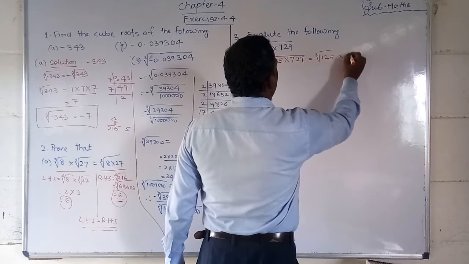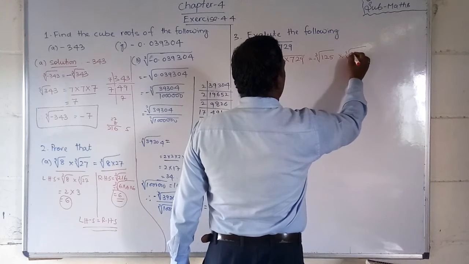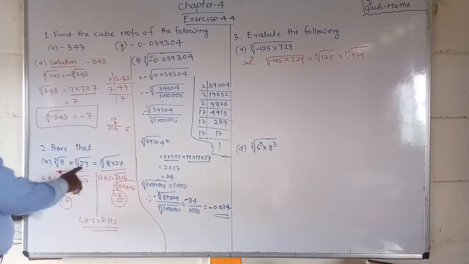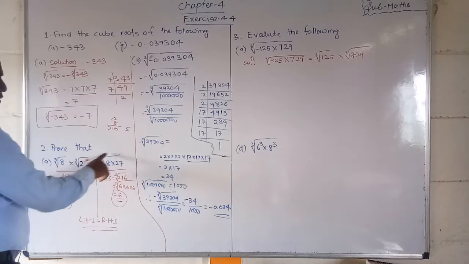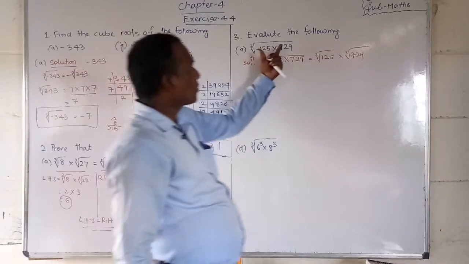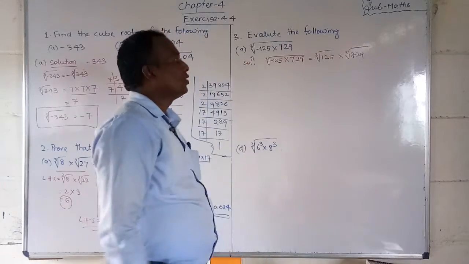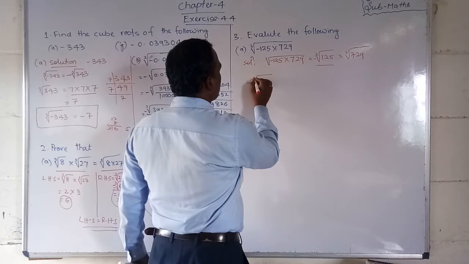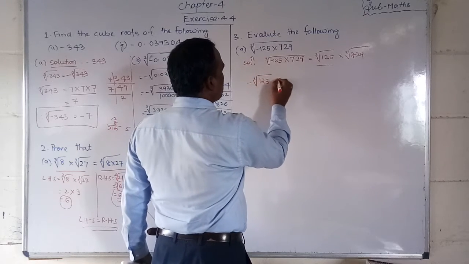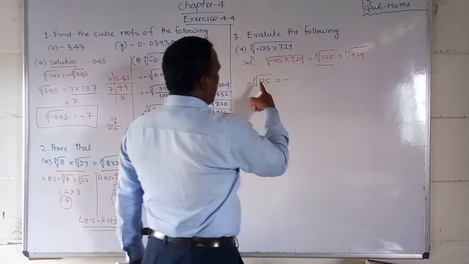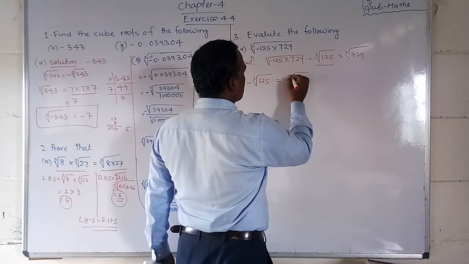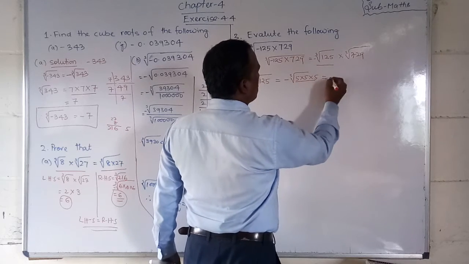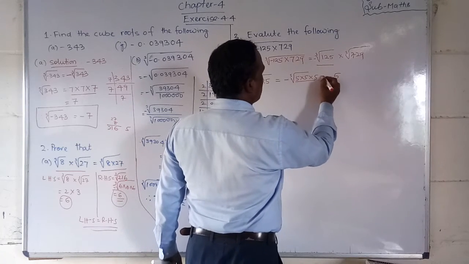We can write it as the minus number 125 into cube root of 729. Why should you write like this? Already, students, we proved here that if the whole root is over it, we can write it individually. So first of all we should find this value. So minus cube root of 125 is equal to, answer minus, and 125 means 5 into 5 into 5. If you take the root, then minus 5, the answer is minus 5.